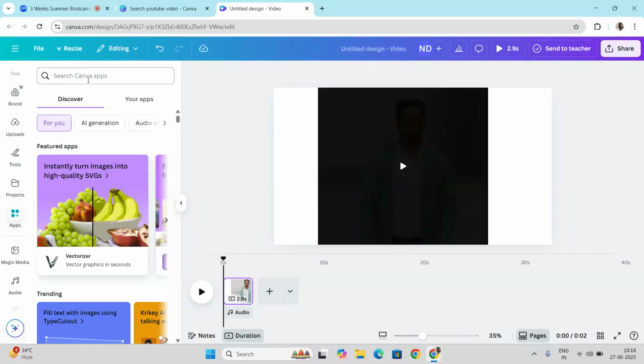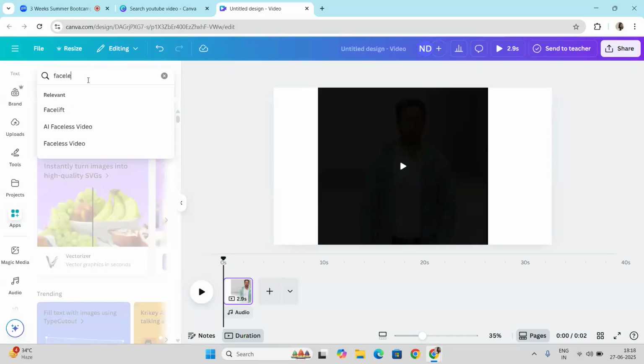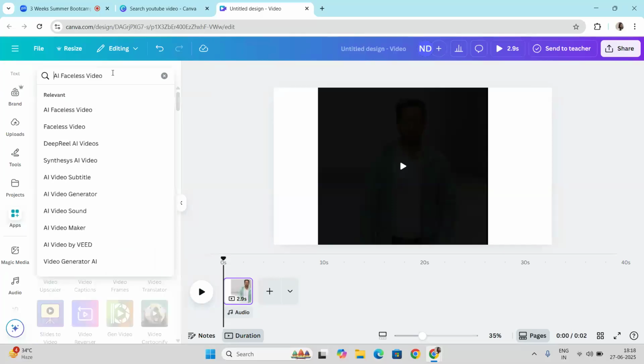So again, you have to come to the app section and write the keyword AI faceless video. This is the exact keyword that you have to search in the app section. The first tool that we have discussed today is Hagen AI Avatar.